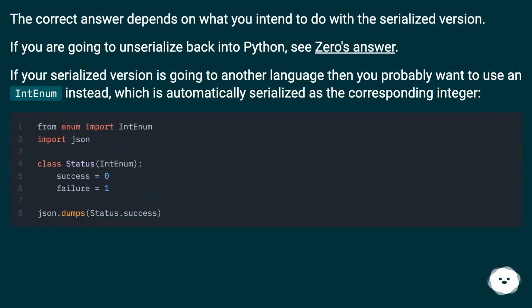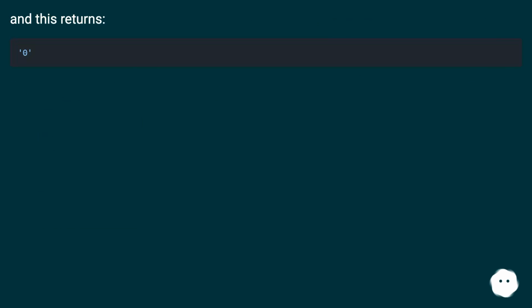The correct answer depends on what you intend to do with the serialized version. If you are going to unserialize back into Python, use the previous answer. If your serialized version is going to another language, then you probably want to use an IntEnum instead, which is automatically serialized as the corresponding integer. And this returns: